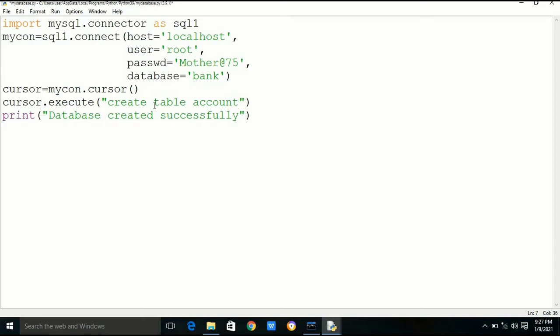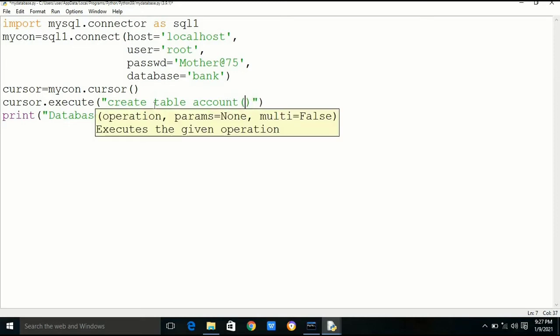Account number is integer, account name is character, and balance is also integer. While creating tables, we can apply constraints. We can declare primary keys, foreign keys, unique constraint, check constraint, default constraint.